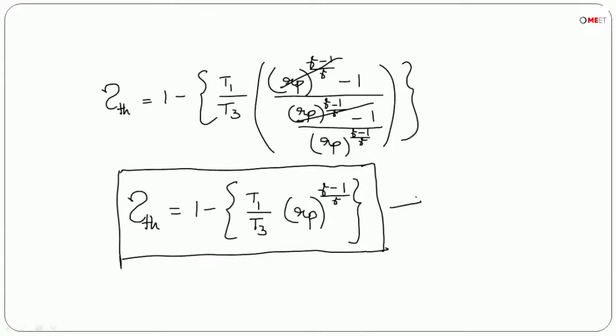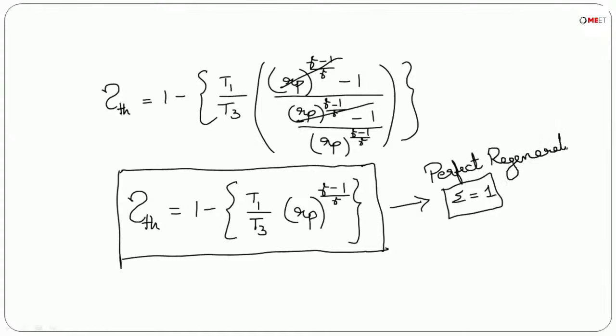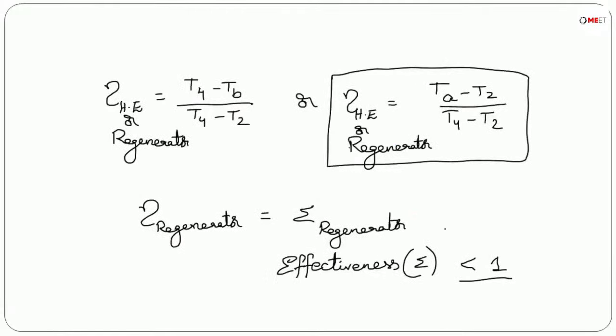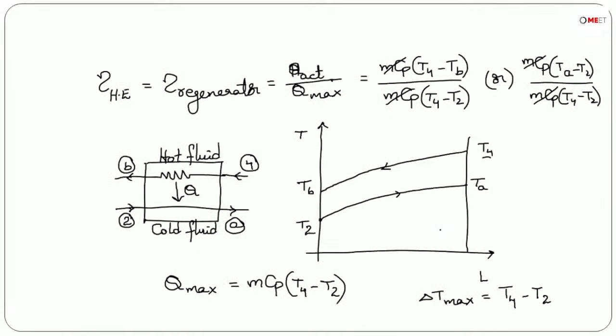This formula holds good when effectiveness is equal to 1, or the perfect regeneration condition. So for perfect regeneration, effectiveness will be equal to 1. That means the regenerator that we are using is 100% efficient. So then only we can